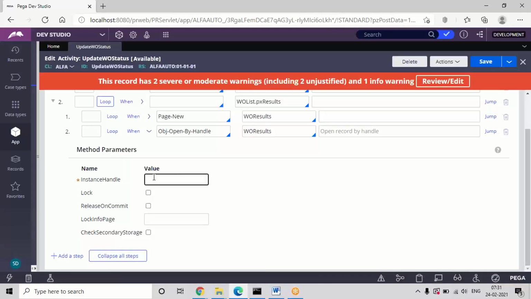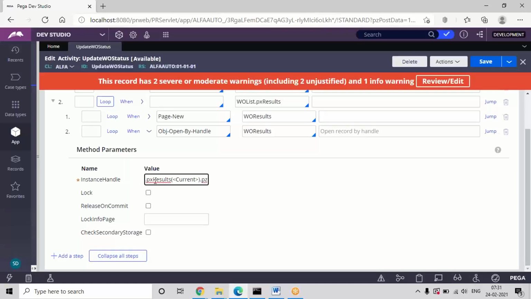What is the instance handle format? See, this results page is there, right? So results page you have to mention, and for each record if it is selected, the Pega format will be like this. In brackets, use current. Current means the current record or each record, then close that and dot pzInsKey.